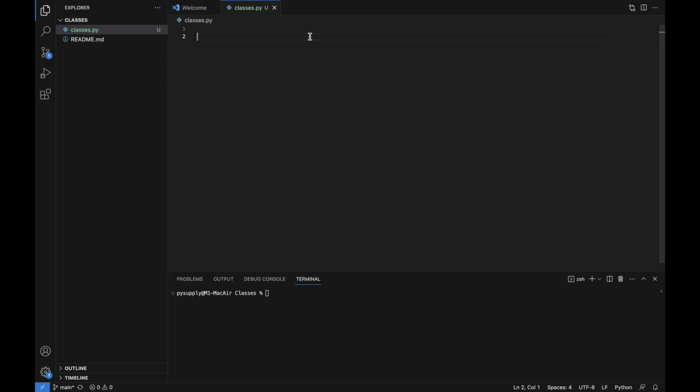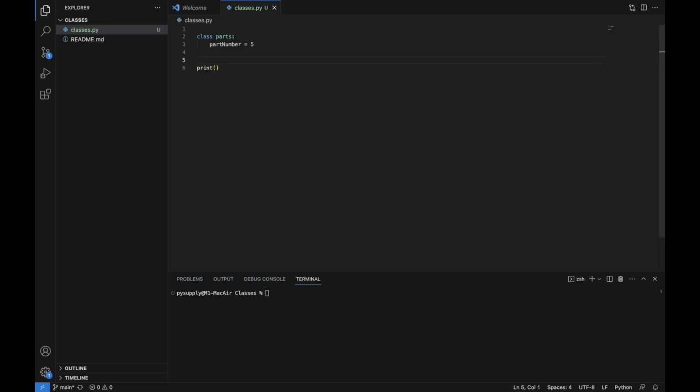So the first thing to do to define a class is just the word class, and then you name the class. So I'm going to name the class parts, and then you just define things within your class. So let's say part number, and then from my main, let's say part number equals 5 for right now. So then from my main, the way to access this is to do, so let's say that I want to output,